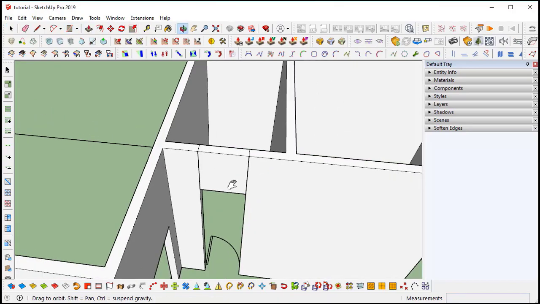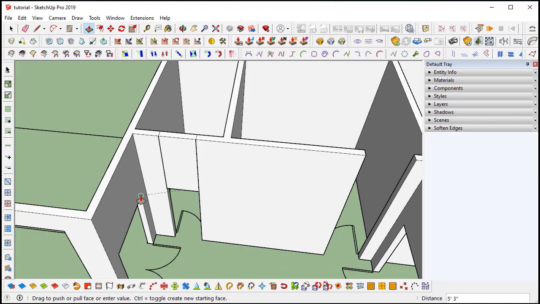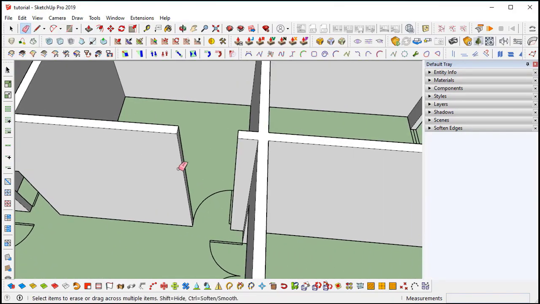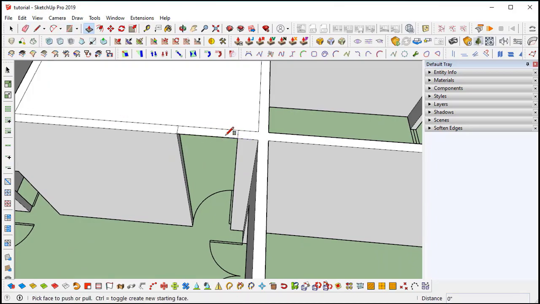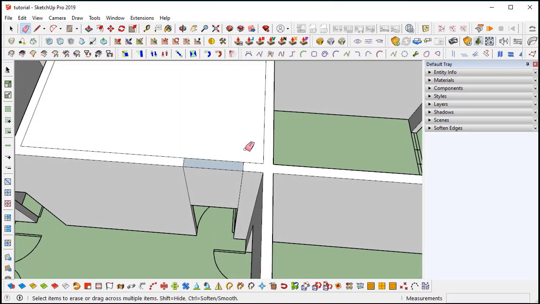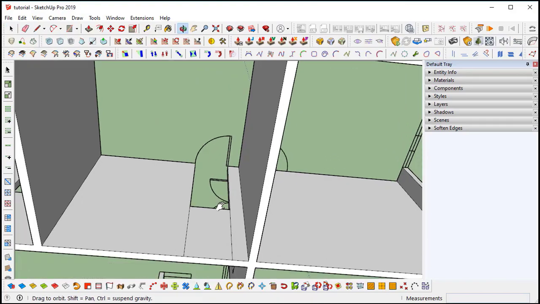We don't need it, and we're going to use push pull. Like, we can trace this side, yeah, and I don't need these lines, so erase. Here, same process: rectangle, push pull. See, we just got the reverse face, so I just click Control. If you click Control, it will automatically extend the previous face. Oops, and here, yeah, and erase.